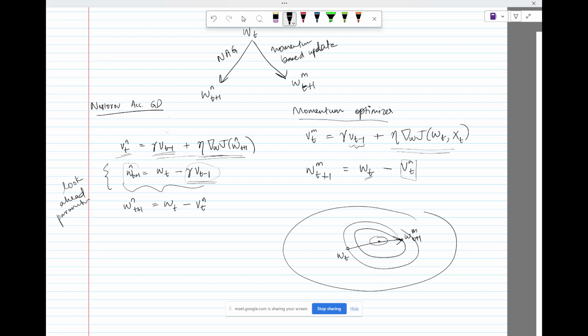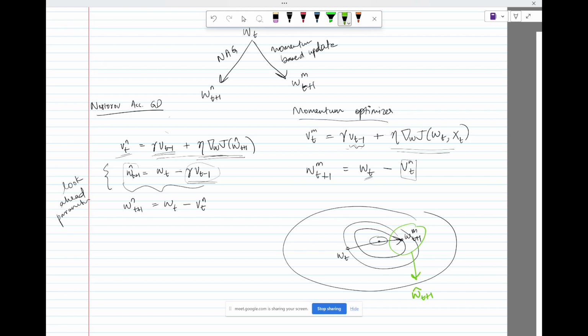So here also your update is such that momentum plays a role in which direction you take your update. And here also the look ahead step is based on your momentum. So your w hat